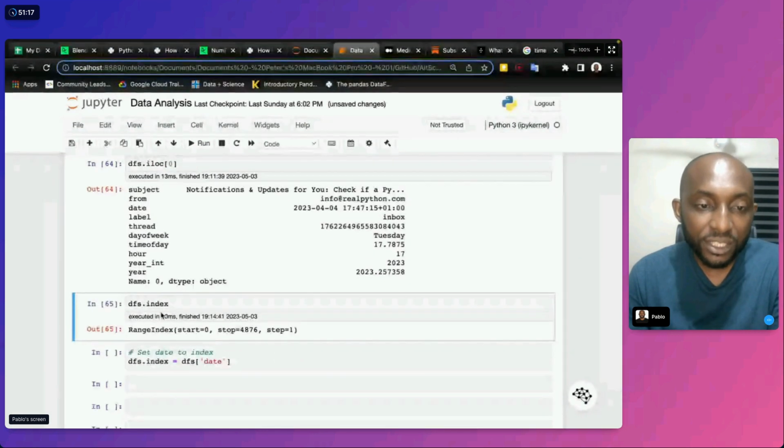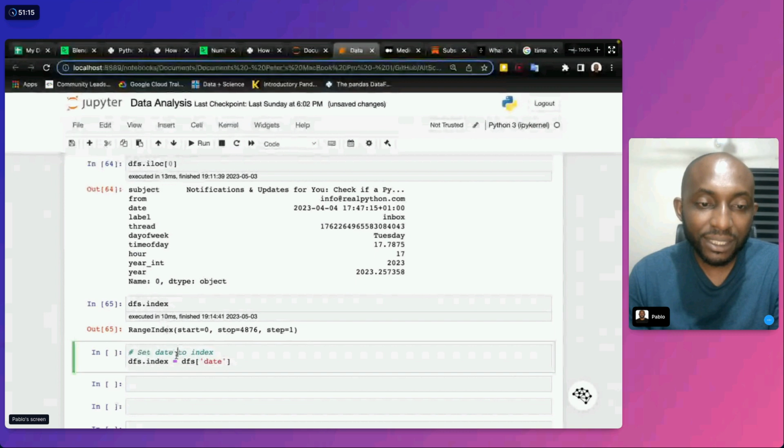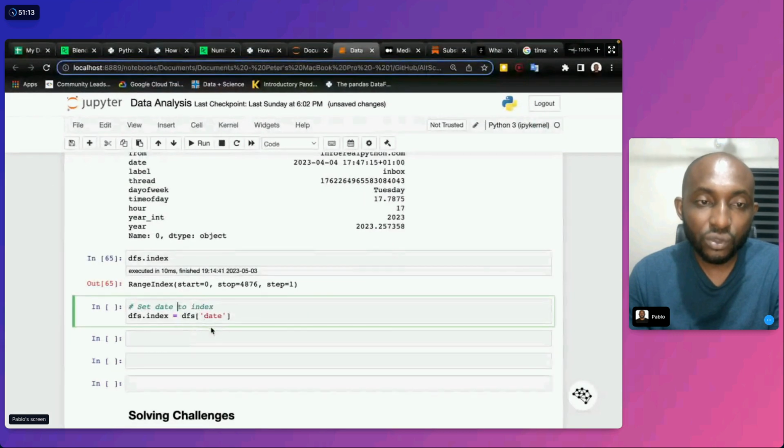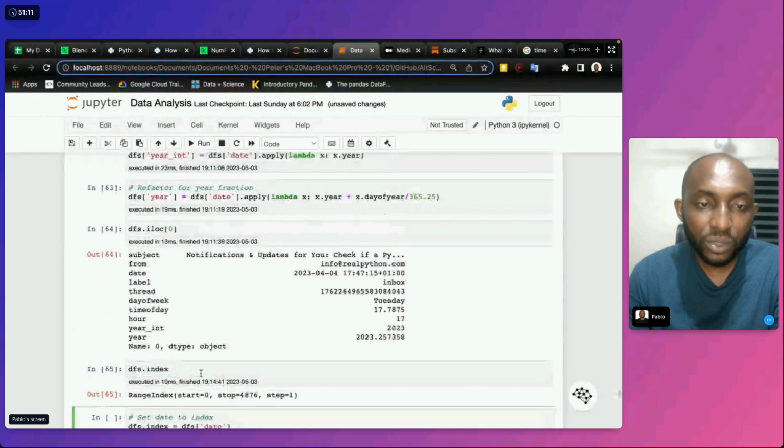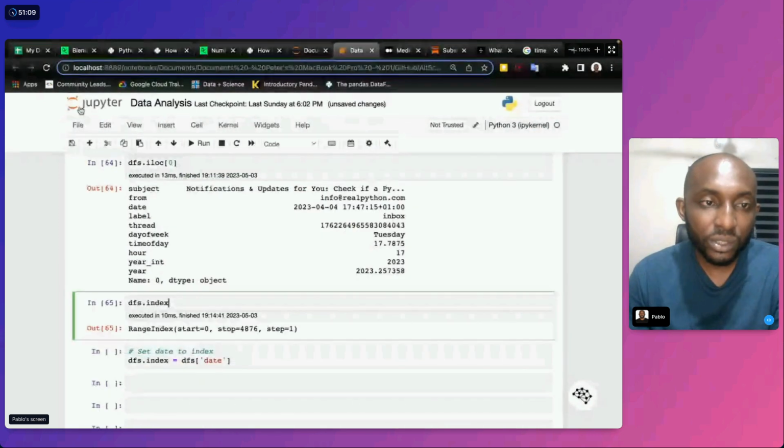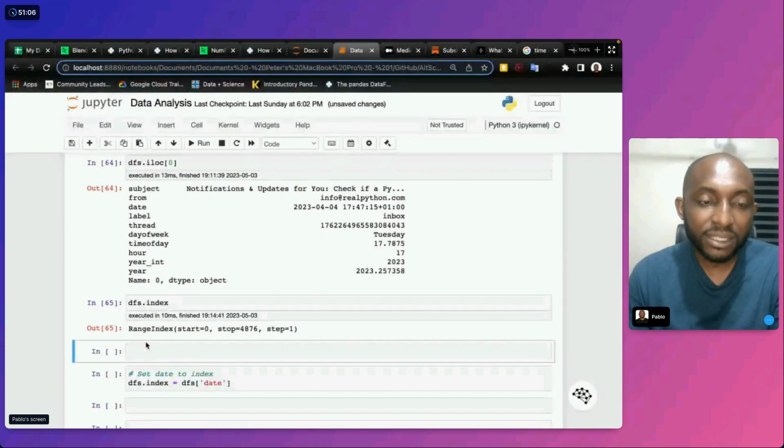We're now going to set its index to date, so we use the date column and set it as the index.